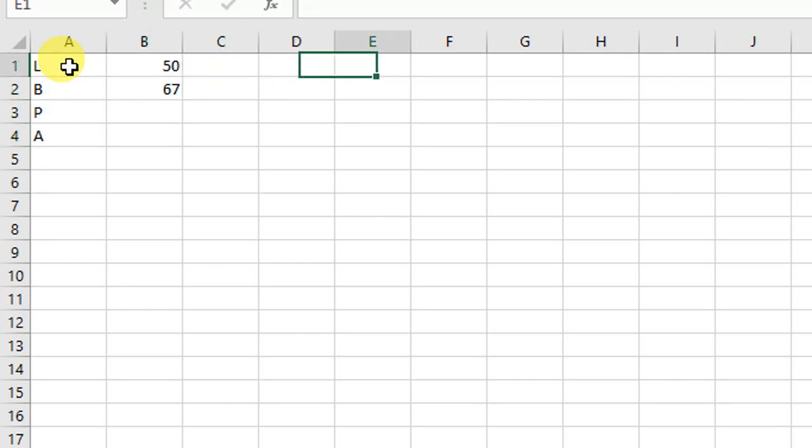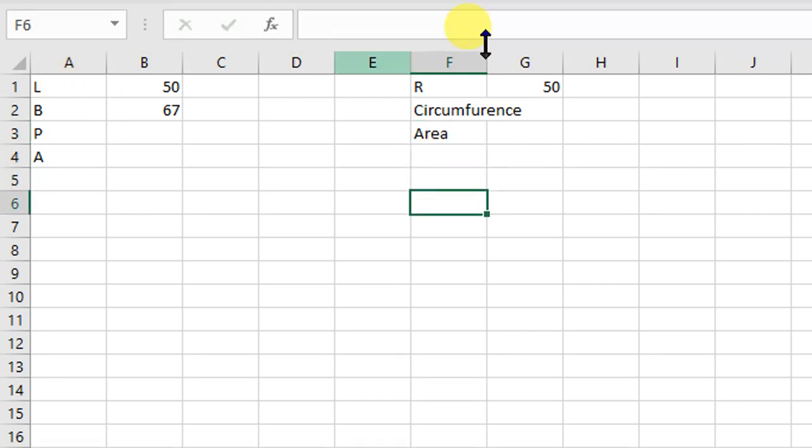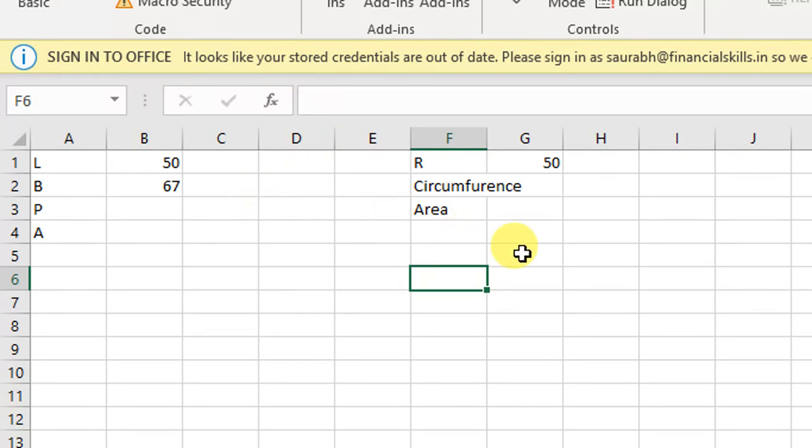Fine. The same thing you have to do for a circle. I have a radius equal to 50. Take any units, no issues. 50 meter, 50 centimeter, you can consider it. Now, you have to calculate the perimeter, which is the circumference, and you have to calculate the area. So this is the assignment you have to do. When you run, you should have a button, calculate area of a rectangle, calculate area of a circle. Just press that button and it should work for you. So this is the assignment. Make sure to first do the two programs that we have done and then do this program. So you will be able to understand how to do it. Fine.